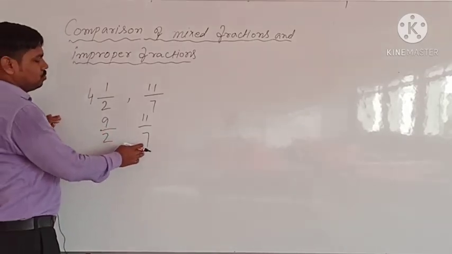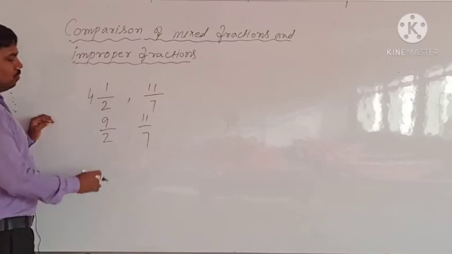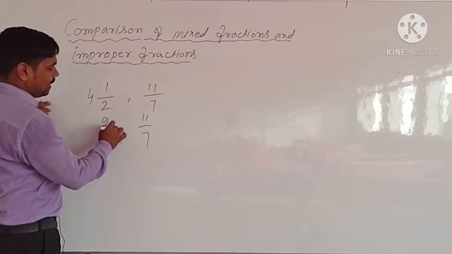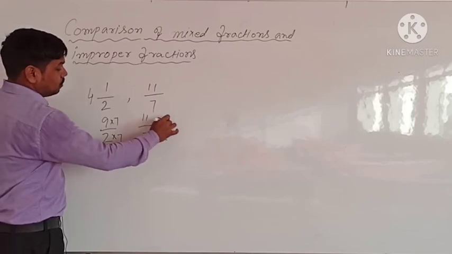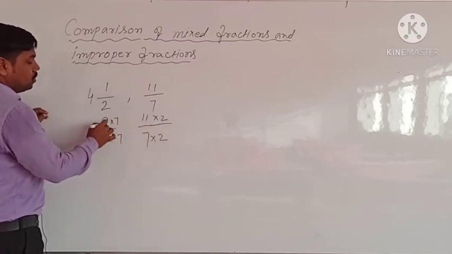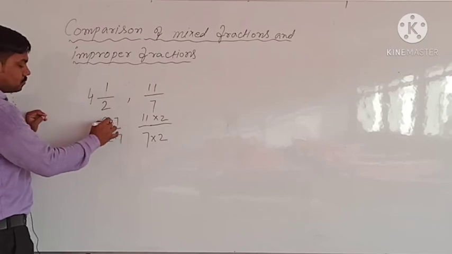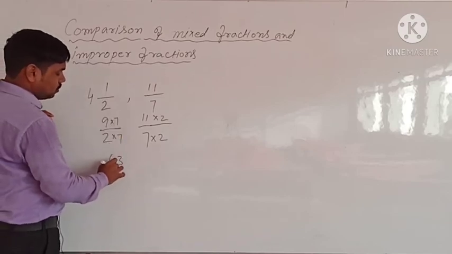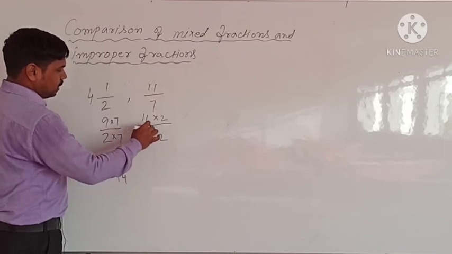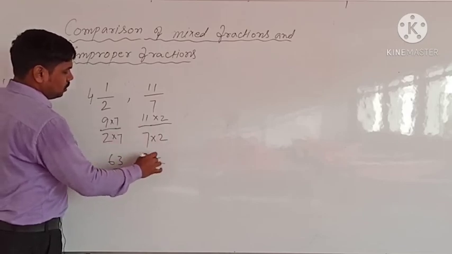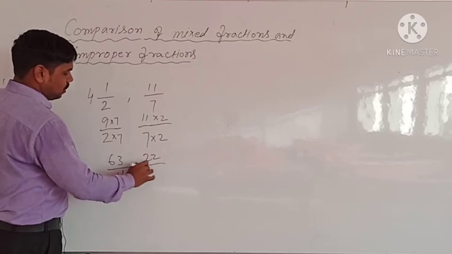So अगर LCM लेते हो तो 7 2 are 14 होगा. So 14, मतलब इसमें हमें 7 से मल्टीप्लाई करना है, तो इसमें भी 7 से मल्टीप्लाई करना है. इसको 2 से मल्टीप्लाई करेंगे तो इसको भी 2 से मल्टीप्लाई करेंगे. तो हमारा ये बन जाएगा 7 9s are 63, 7 2s are 14, ये हमारा बन जाएगा 11 2s are 22, divided by ये बन जाएगा 7 2s are 14.